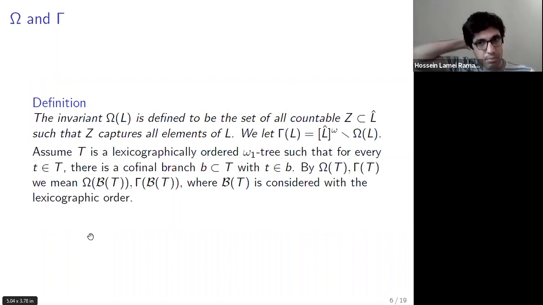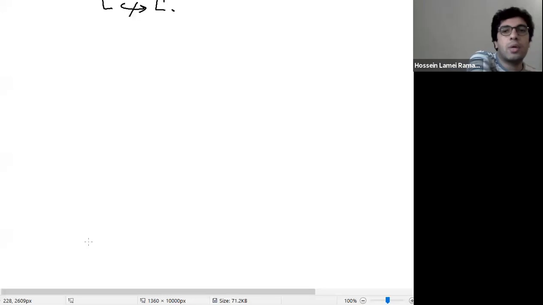And BT is just the linear order on the set of the branches, which is going to be induced by the lex order on T. Here, very naturally, I just used the linear structure on the branches of the tree T in order to make omega and gamma. But I would like to mention that for the trees, it doesn't matter which lexicographic order you're going to put on that.